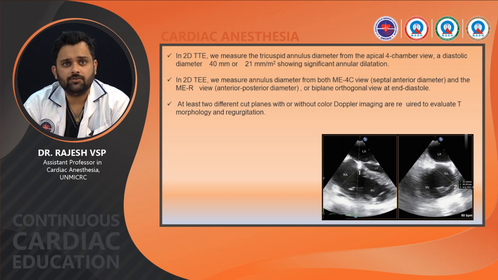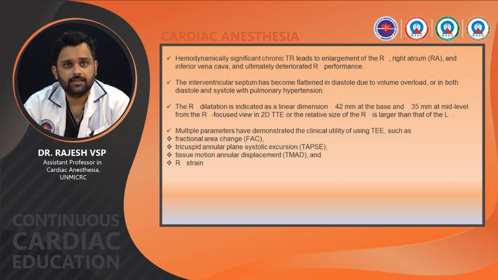In 2D transesophageal echocardiography, we measure annular diameter from both mid-esophageal 4-chamber and mid-esophageal RV view or biplane view at the end diastole. At least 2 different cut planes with or without color Doppler imaging are required to evaluate tricuspid valve morphology and regurgitation. Hemodynamically significant chronic TR leads to enlargement of the RV, RA, IVC and ultimately deteriorates RV